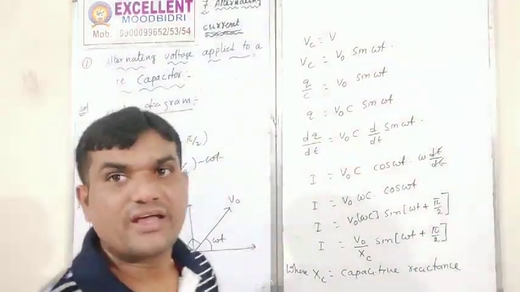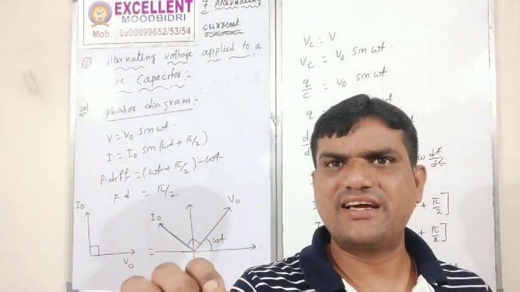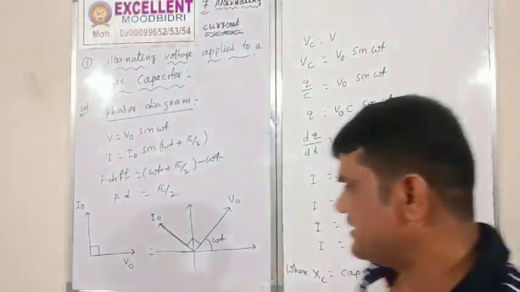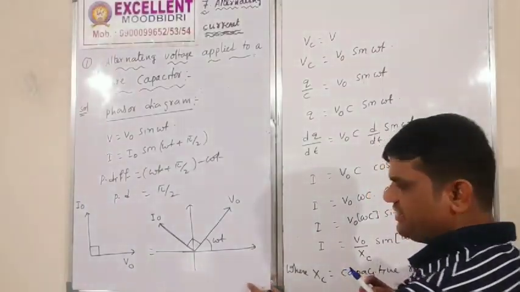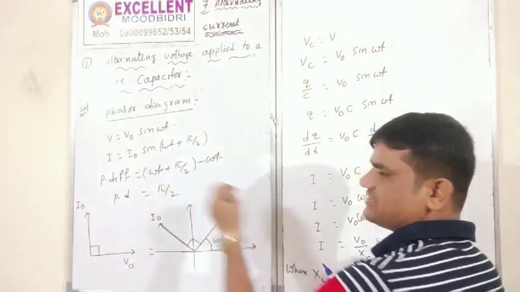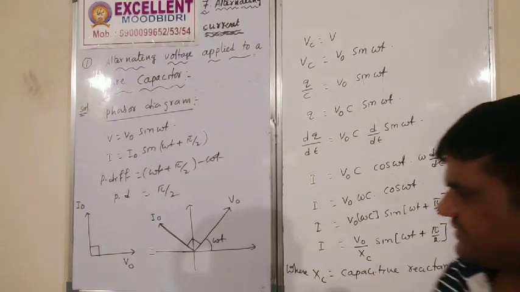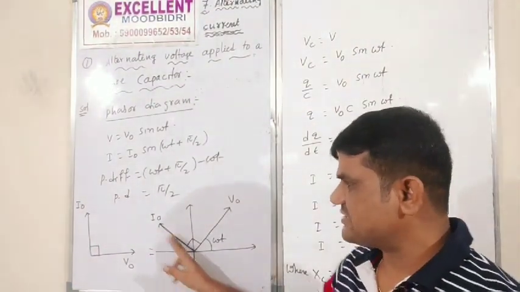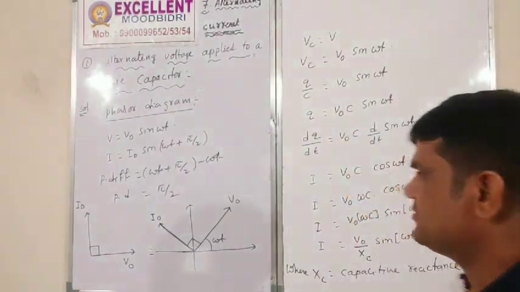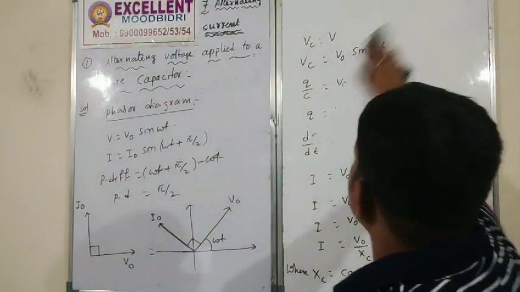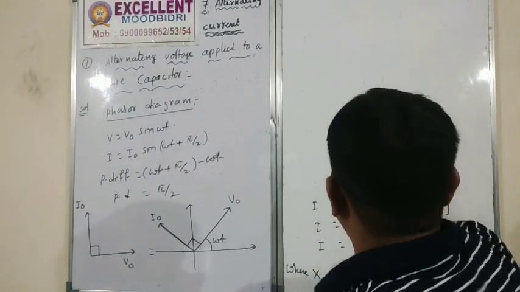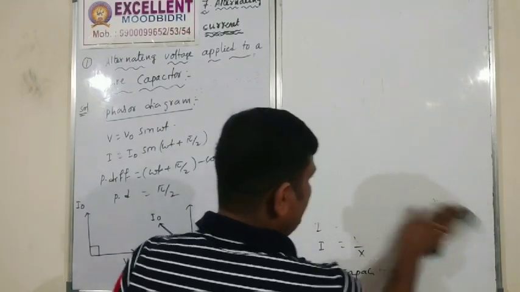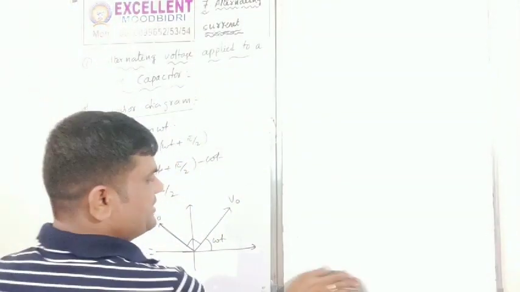Phasor diagram. Remember, inductor and capacitor are both opposite. Inductor is acting in this direction, so capacitor is acting in that direction. Correct? So in an inductor the current lags, in a capacitor the current leads. Right? Leading. So now the wave diagram. Wave diagram of the phasor for a pure capacitor. How can we draw the diagram?